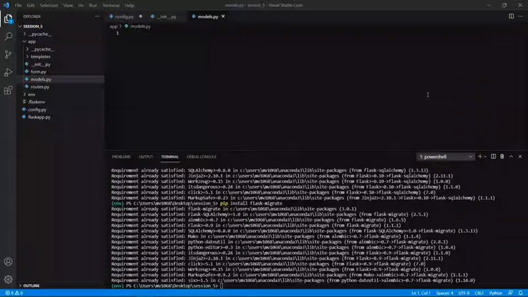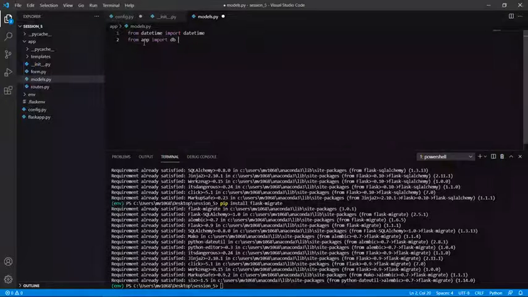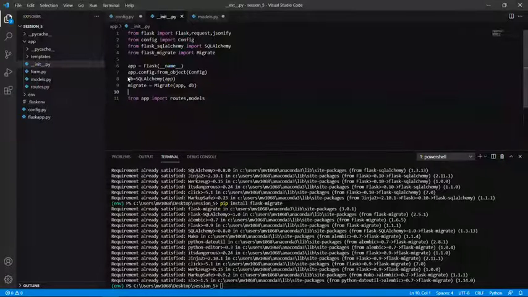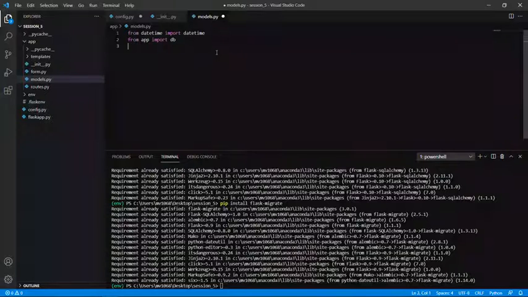First thing, we have to import the datetime package to monitor the updates, that is to monitor the migration and all those things. We need the internal facility, the datetime package. So first we are importing datetime from datetime. Then we are going to import this db. We already have it in our app. Recall, we have created this db object, right? So we are going to import that from our package. That is the second thing that we are importing for this database. The third thing is we are going to define a class.